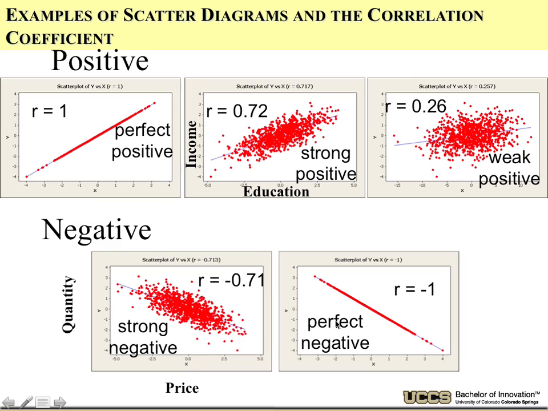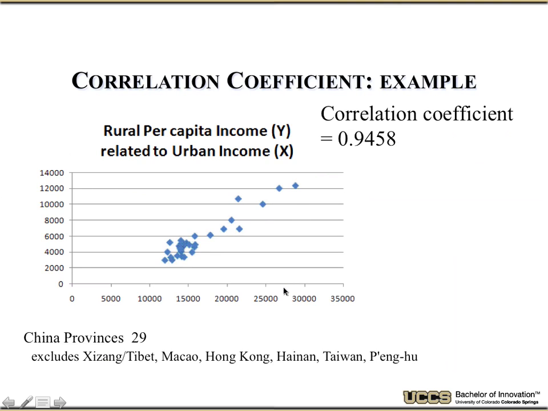Here we have a strong negative correlation, and then we can have perfect. So it's really the slope of the line. If I fit a line, the slope of the line is the correlation coefficient. If I do the best fitting line, under the right rules for best fitting line, the slope of the line, 1, 0, minus 1, is R. If you're thinking mathematically, I always think of it as the slope of the line, because it's more the way I think about things.